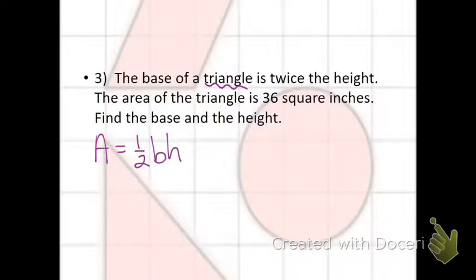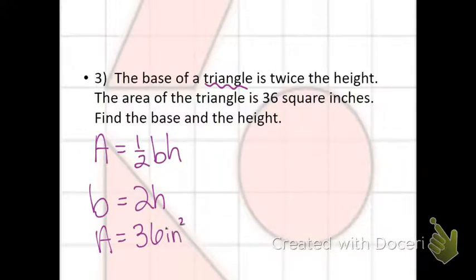They told us that the base is twice the height, or 2 times the height. Base is 2 times or twice the height. And they told us that the area is 36 square inches. So I am going to plug in for B and plug in for A, and that should allow me to